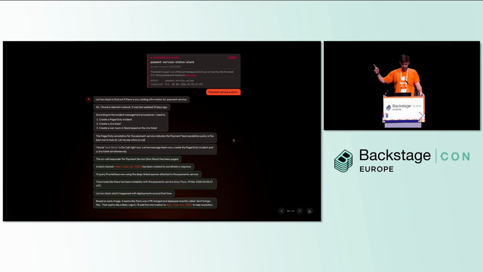The same alert comes in, it finds the runbook, but it actually has information about when that runbook was updated, so it can be sure that it's reasonably accurate, right? The PagerDuty annotation is set automatically from a PagerDuty ingested entity that the relationships have been built for. It finds the right person on call. It then has actions to go out to Slack and set up a channel. So it sets up the channel. It then has a deep link out to Prometheus, so it can actually access those queries and understand what is happening with that service.